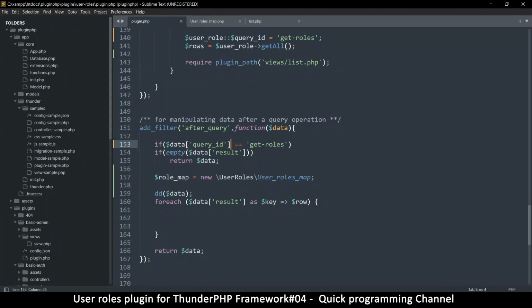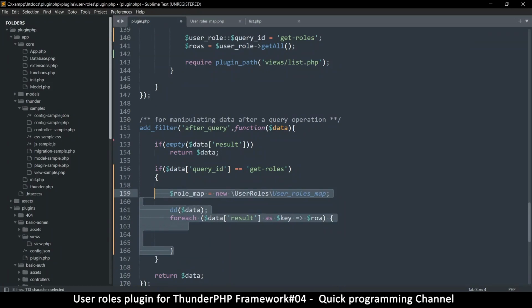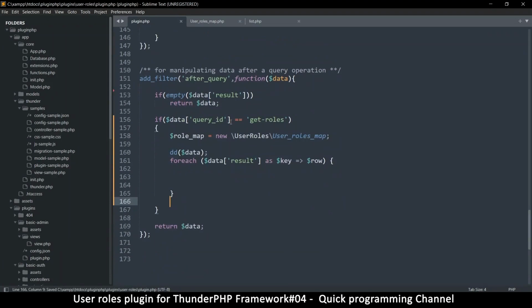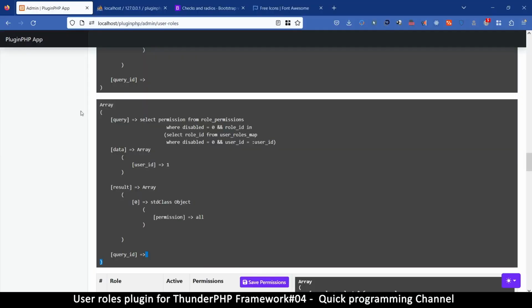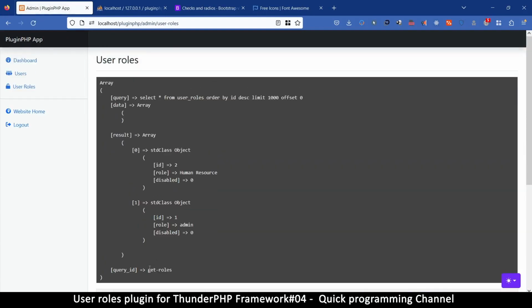But if data is empty, we shouldn't even reach here. Let's do this here, and do that, and then move these guys in and up. Okay, so if query ID is equal to get rows, then we instantiate that and we do this. So here we should only see one of these results, and there it is, just one, which matches the query ID. Okay, so what we want to do is loop through these arrays and then grab,